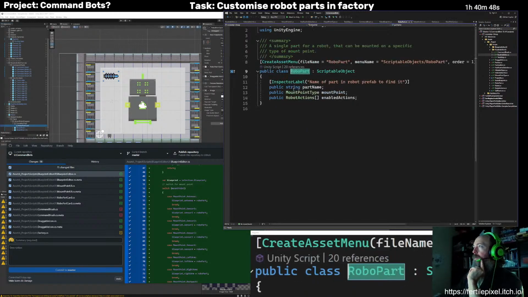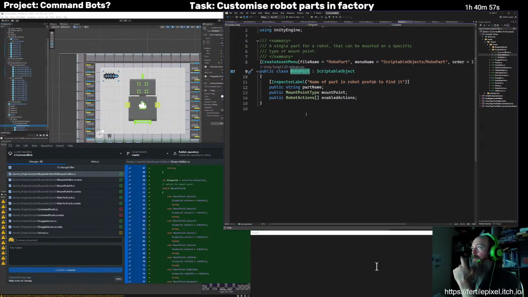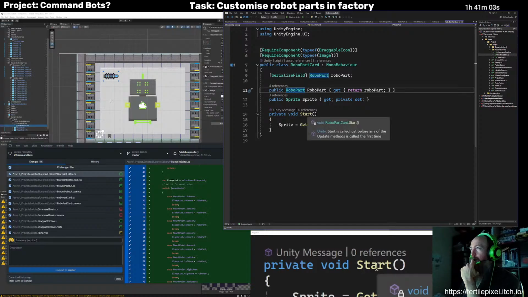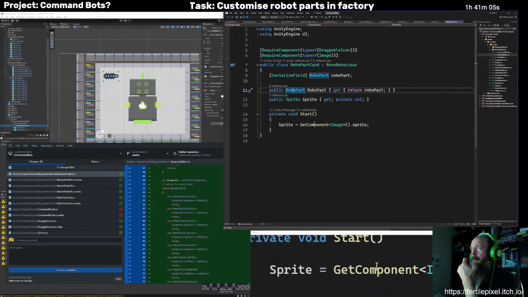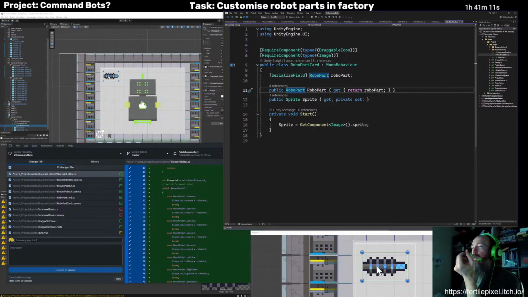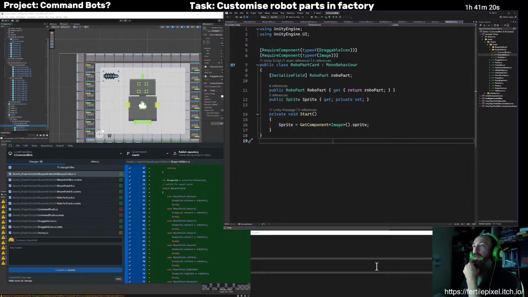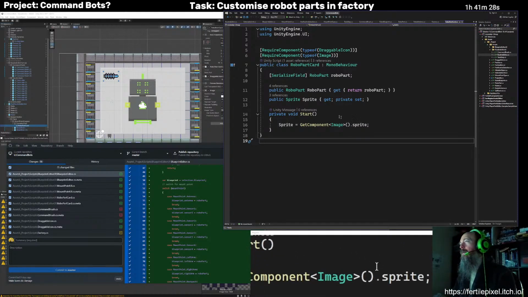Each of these guys. That's a scriptable object. Yeah, maybe have that scriptable object have the sprite for display on the UI. And then I could just grab it out of there, just pass that RoboPart around and display it. So it's a bit of a hacky workaround right now, and I might go through and fix that up later.